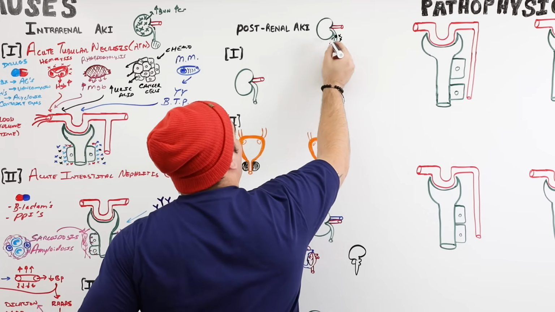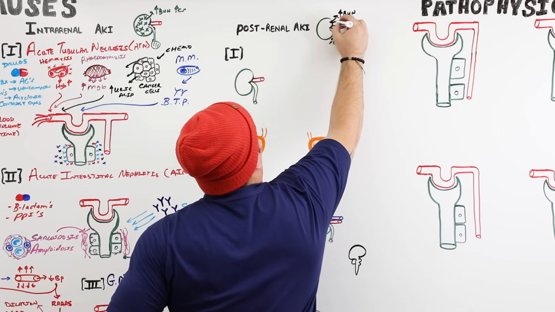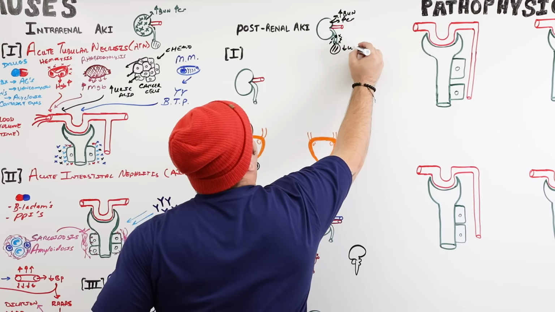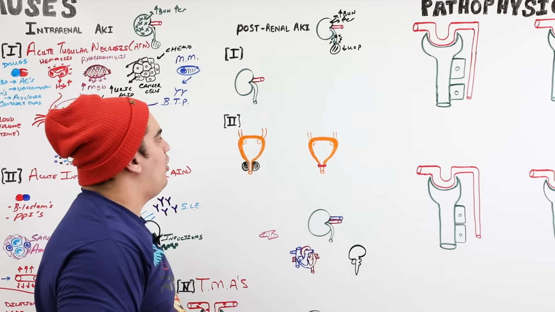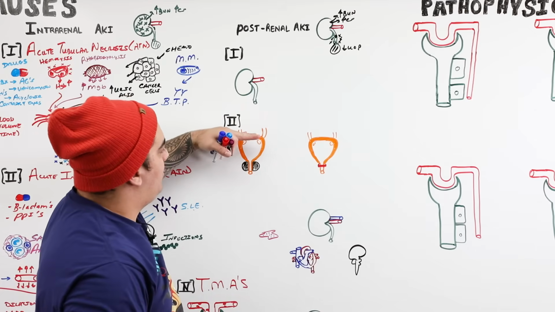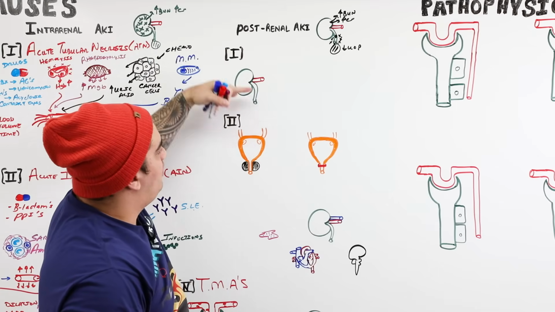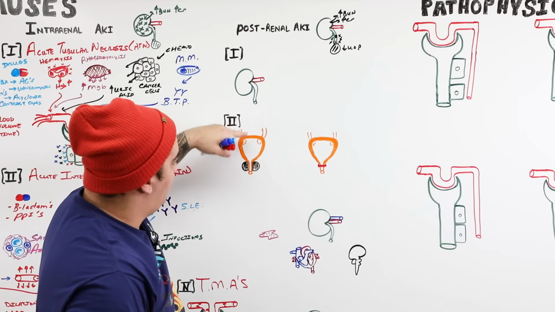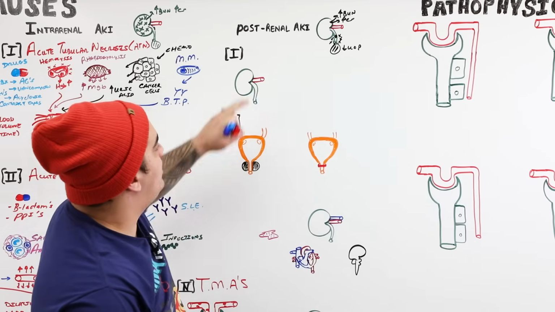And so we like to think about something that's actually happening after the kidney. And this issue after the kidney is what's leading to an accumulation of urea, an accumulation of creatinine, and a reduction in urine output. What are some conditions that you guys should think about? Well, I like to think about this as something that's usually below the kidney, right? So some kind of issue down from the ureter all the way till we get to the bladder, and then something at the bladder down to at least the level of the urethra.